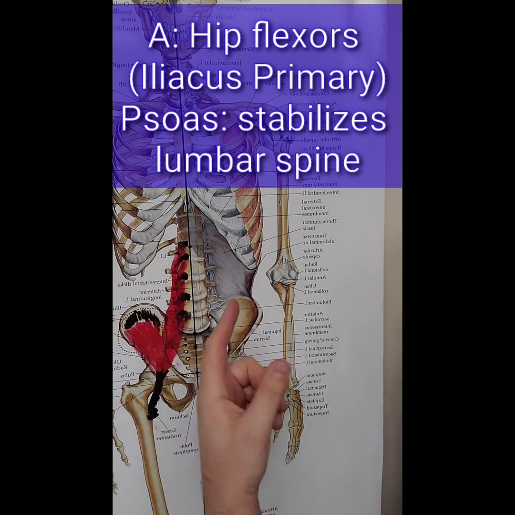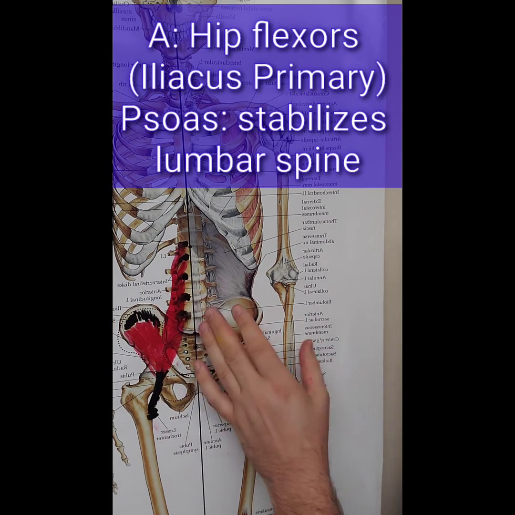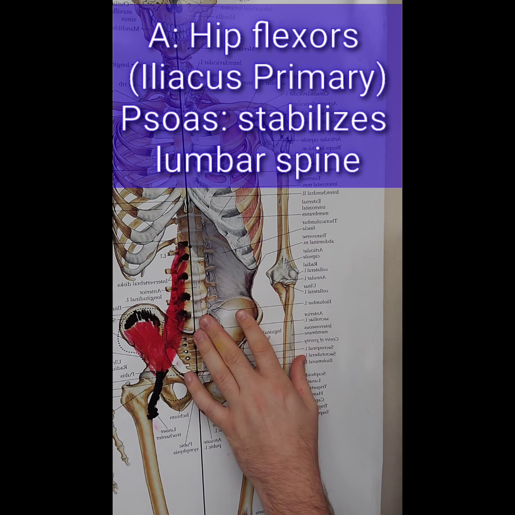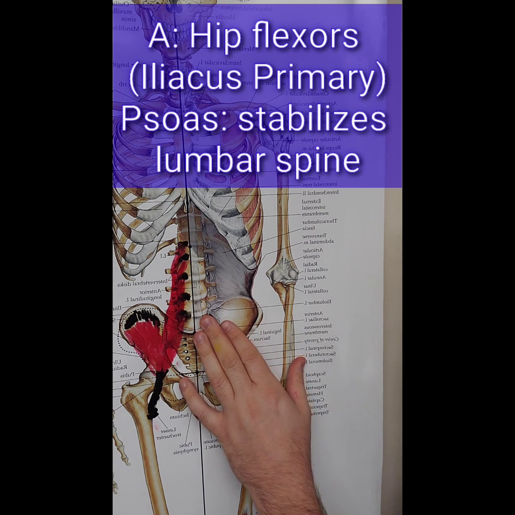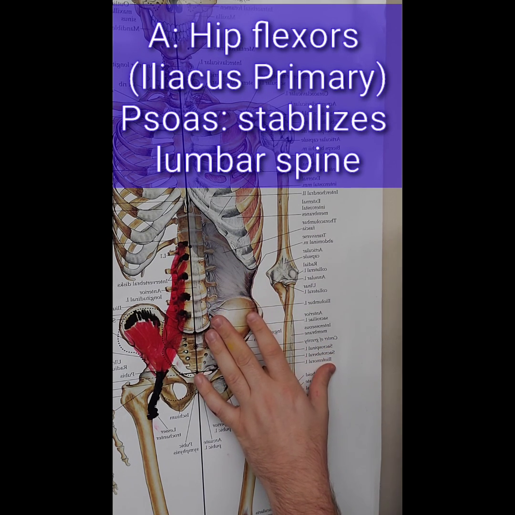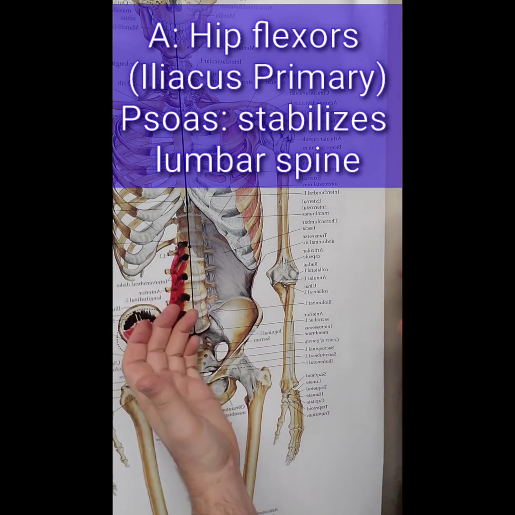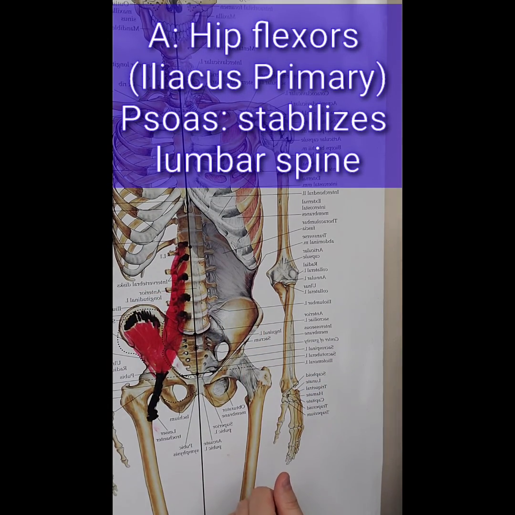You'll notice for psoas major also that it's not just flexing the hip, but also maintaining lumbar lordosis, meaning that it helps to maintain the lordotic curve of your lumbar spine. If you start to lose that or exaggerate it, this muscle will respond appropriately to try to manage those changes